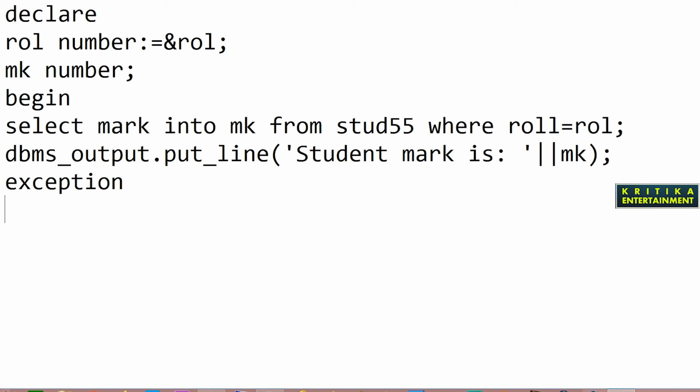In the exception part, we write when no data found.